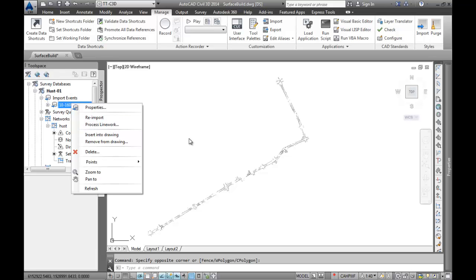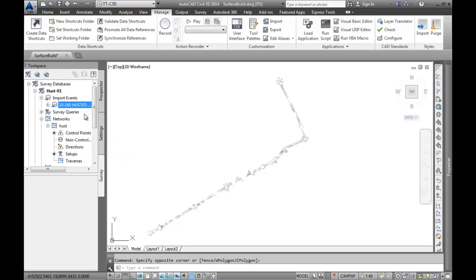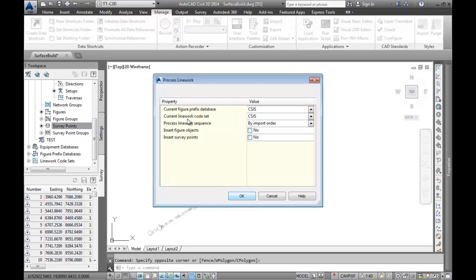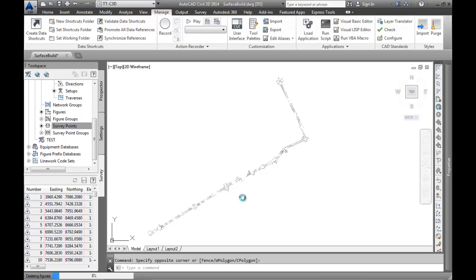You're going to find things wrong with the points, you're going to fix those, and once those are fixed, you want to be careful not to come back to this process line work, since that will run it from the input data, but go down to your survey points, which are resolved and corrected as mine have been in this drawing, and process the line work from here. Make sure you pick the correct figure prefix and line work code set, and if you make point edits in